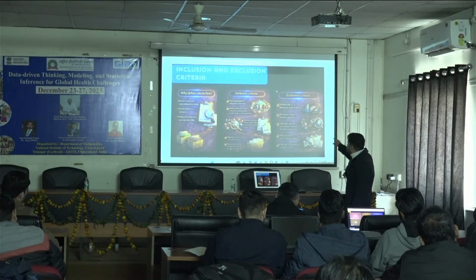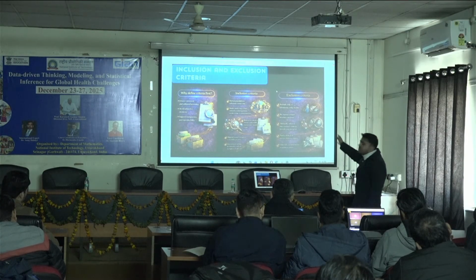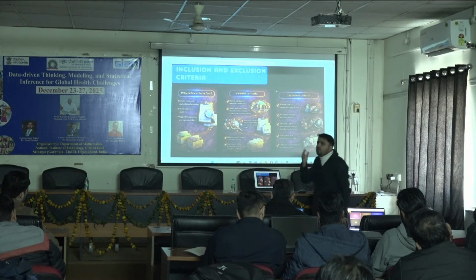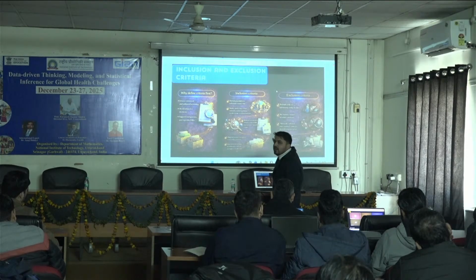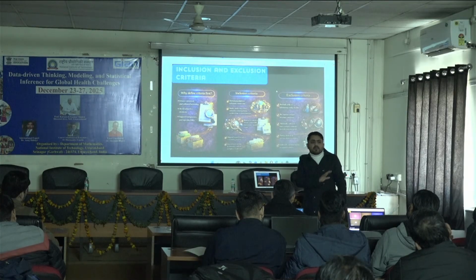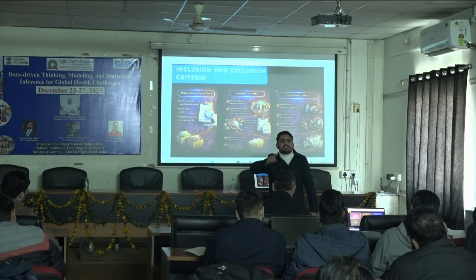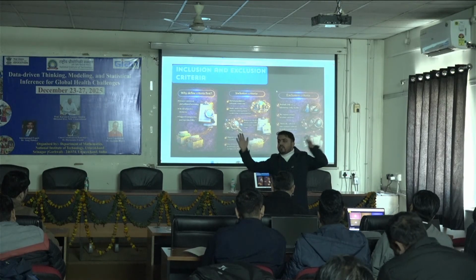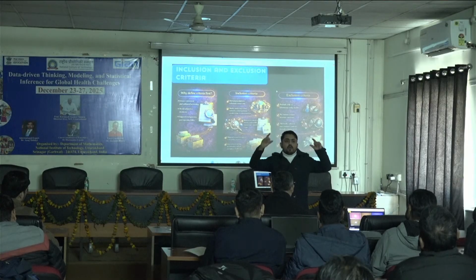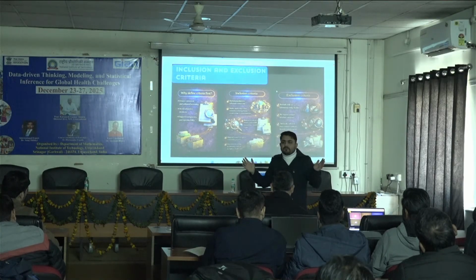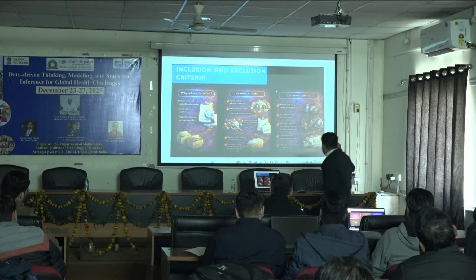Network, we want to explain what exactly network means. This inclusion and exclusion criteria depends on what you want, right? I'm just showing you by an example that in this case we can choose this. There is no defined criteria that this should be an inclusion criteria and this should be an exclusion criteria. It depends upon what you are trying to find. Am I making sense? Okay, so I will proceed further.